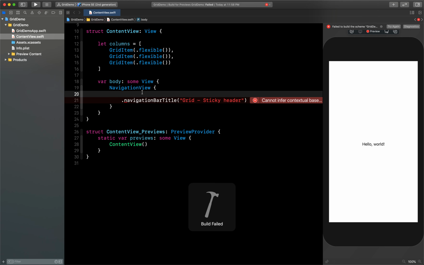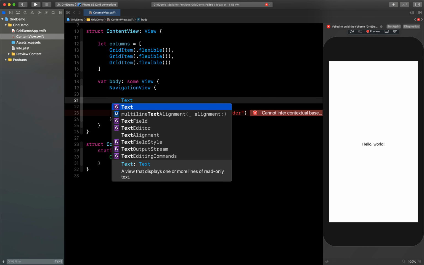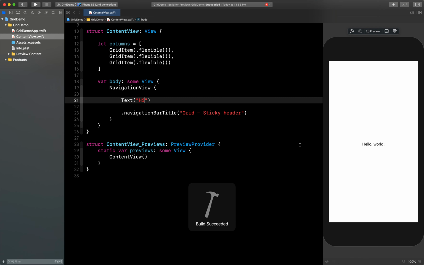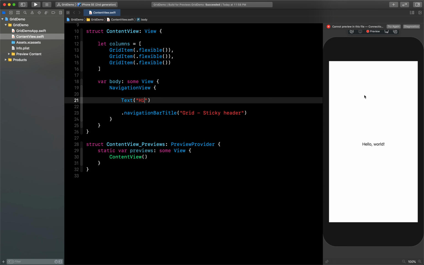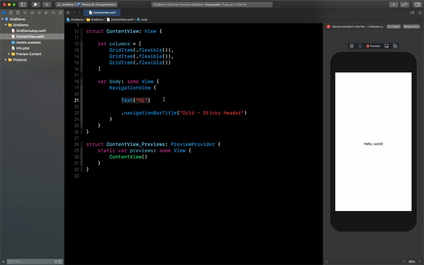It will give me an error because I have not created anything inside this yet. So suppose if I say only text here, and let's try again. Now you can see it will show the text here and it will give me the title. Okay, somehow this is not loading, so let's create our view first.